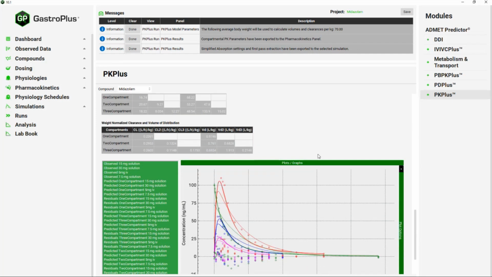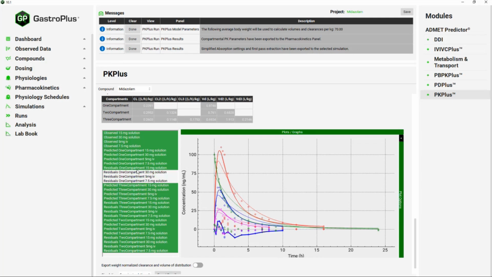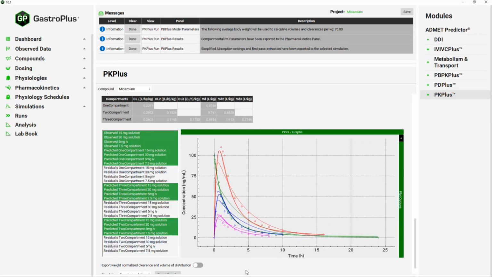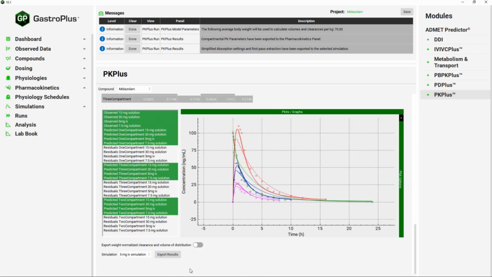Looking at the visuals of all the fits, we can now deselect all the residuals to have a better idea of how good the fits look like. To do that, press Control and then deselect the residuals for each compartment. We can now see with different colors the different data as well as the different compartment fits for all the data. With this, you can play around more and therefore at the end, pick up the desired compartmental analysis result, toggle it on, and export it to your desired simulation as I showed you for the 5 mg IV